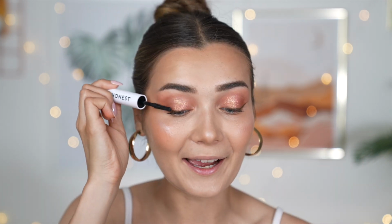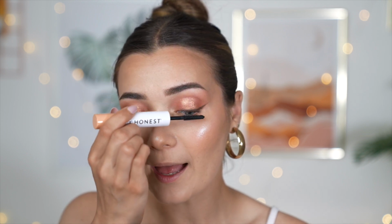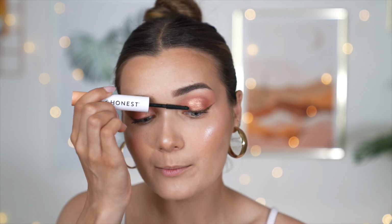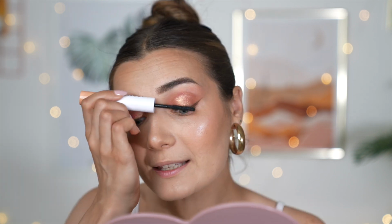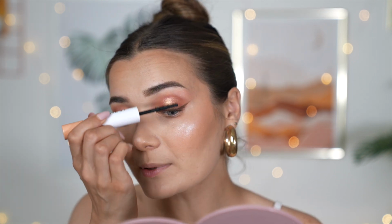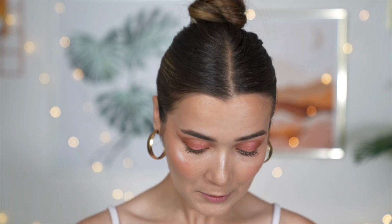Okay, so I have to say, I am really trying here. I've been building this up for a while and I feel like this mascara is more for the kind of people that really want that very separated look. I cannot get it to look thicker. That's my problem. They look kind of long, as you guys can see, but there's not much volume. And personally, I do like that kind of more clumped look because I don't have a lot of lashes. So when you can see them clumped, at least they're there. Whereas with this mascara, I'm really trying, but they still look